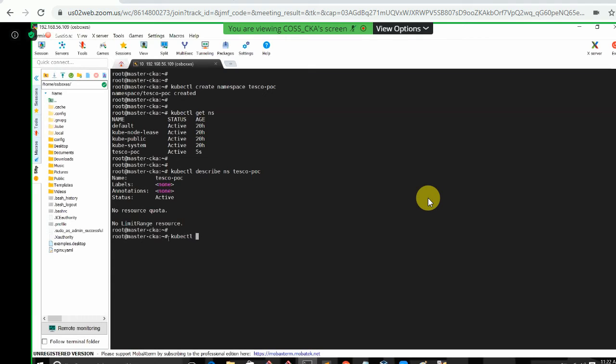I just use kubectl label. What is the namespace? The namespace is Tesco. Tab completion is working fine, guys. Okay, so let me give my primary